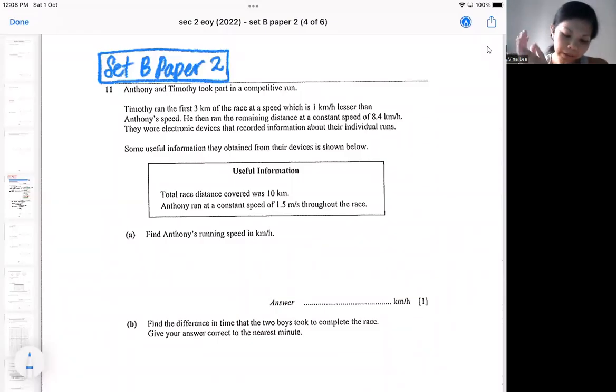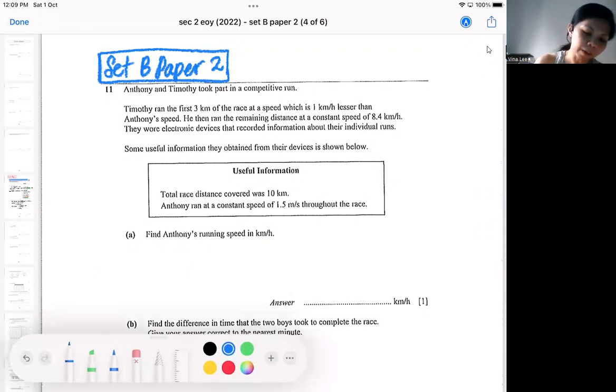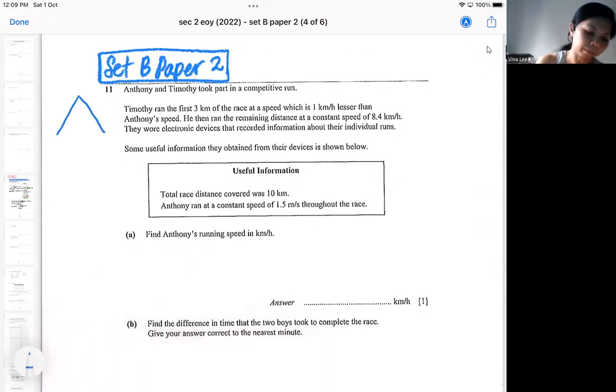Okay, this question is a little bit like a real life, real world context involving speed. So you will take some reading, and if you are the kind who is not sensitive to the units presented in the question, and you don't label your working, it's actually very confusing. But if you are systematic enough, take note of the units. It's actually very simple. So it all lies with this